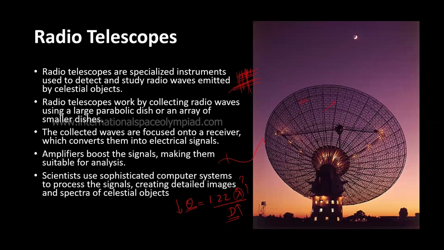This is a setup similar to that of the mirror telescope that we discussed last day, where there is a concave mirror. Instead of that concave mirror, we have a dish. The radio waves come and hit the telescope dish, and they will be reflected to the center, or the focus. Another wave will come in this direction and get reflected to this point, and another will come and also be reflected to this point, and at this point we will place something called a